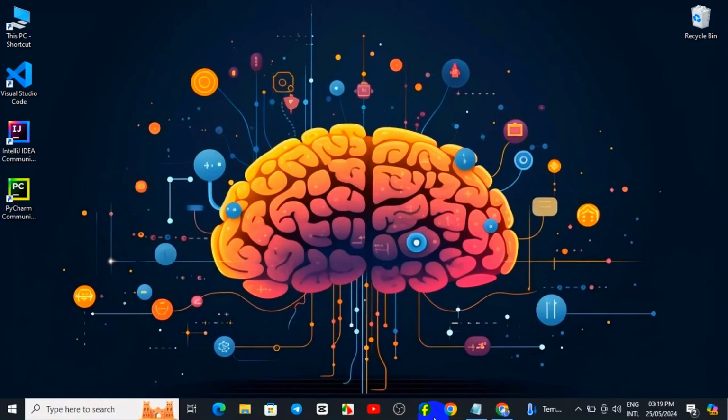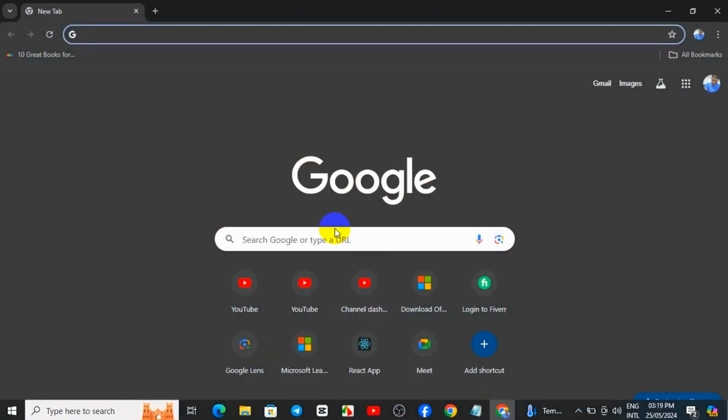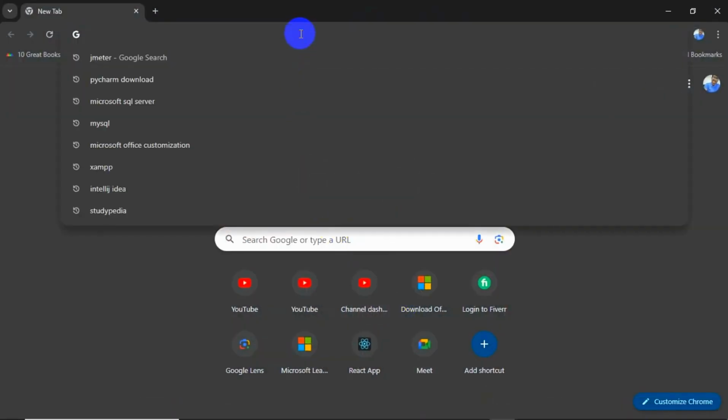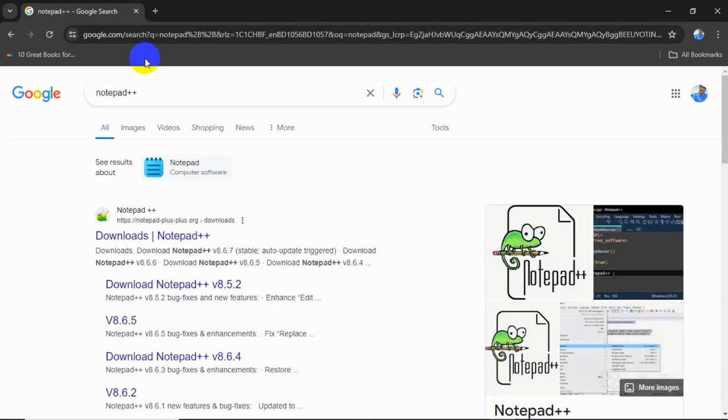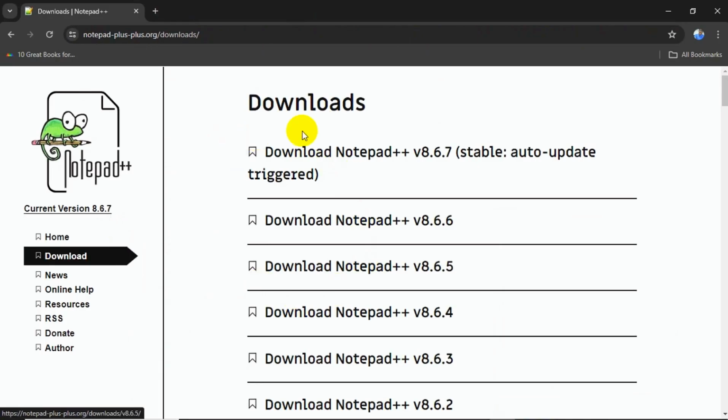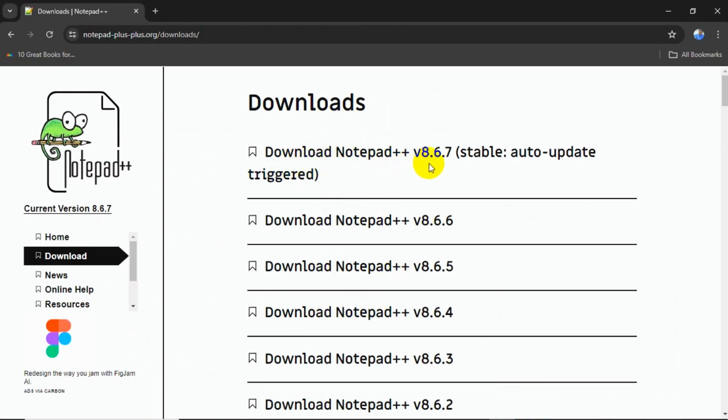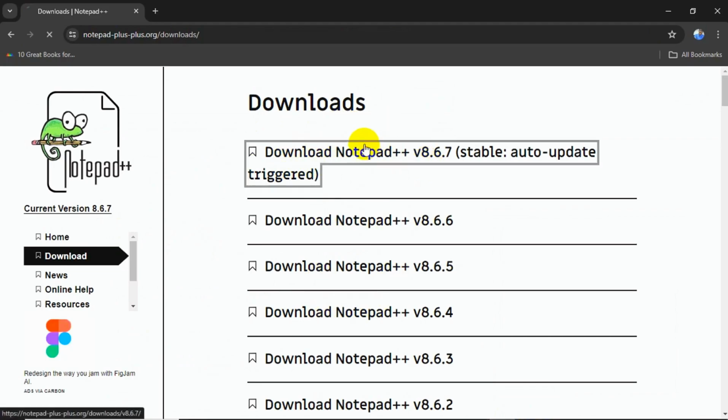So first, we will go to our Chrome browser and then search over here for Notepad++. Here you can see it, and click on Download Notepad++. And after that, here we are at the latest version, called Download Notepad++ version 8.67. So click on that,